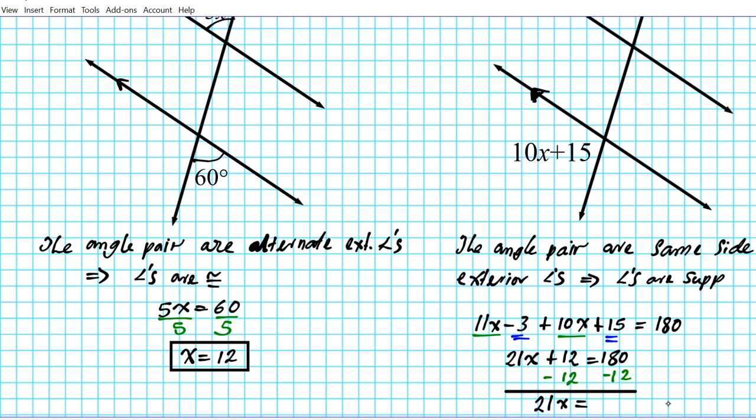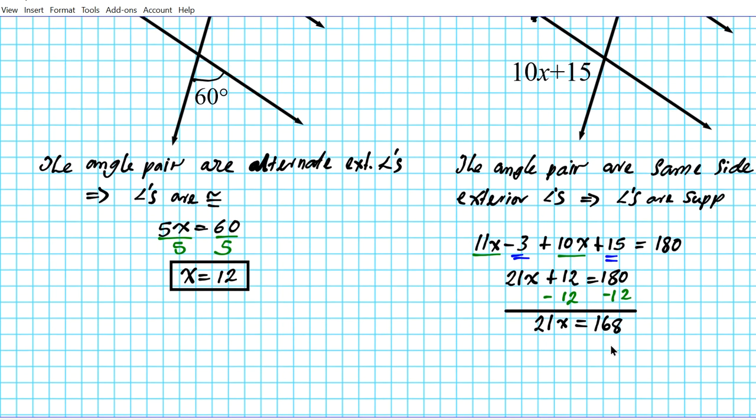X is equal to 180 minus 12, which is 168. And then to finish this off, we'll just divide both sides of the equation by 21. So divide by 21 on both sides. This is done, and then you have x equals